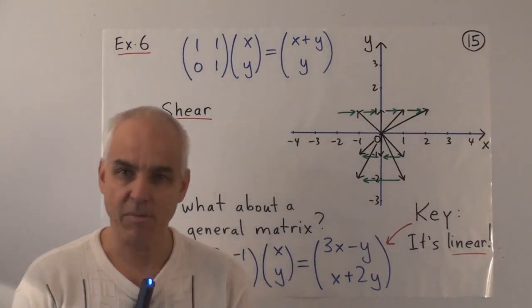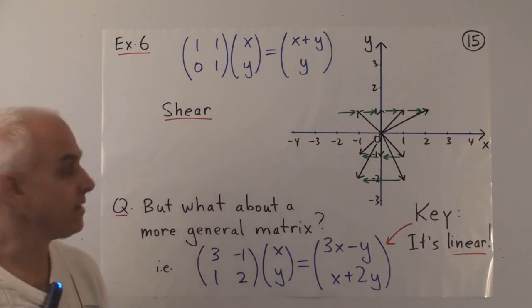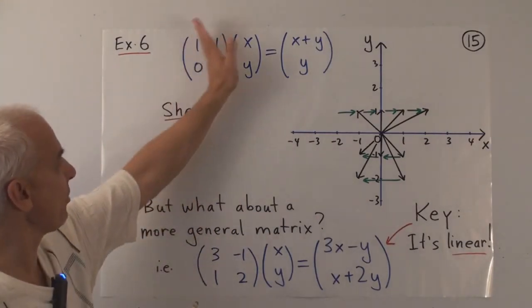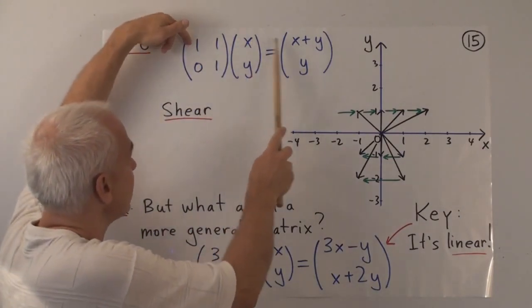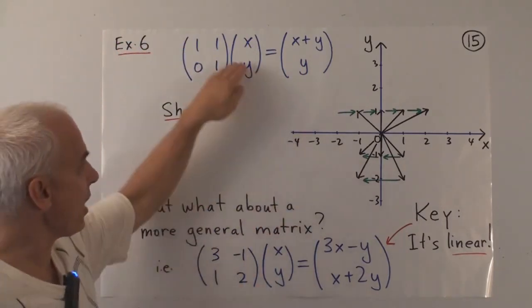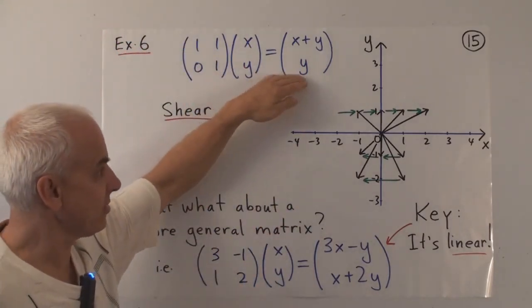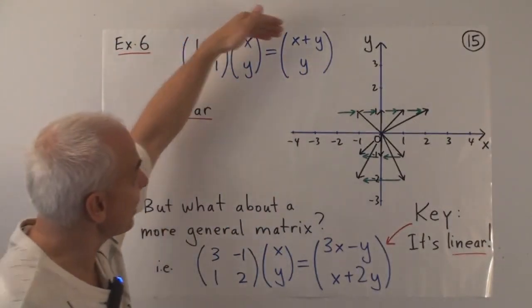Here's another example, a little bit more complicated. The matrix 1, 1, 0, 1. This is a kind of triangular or upper triangular matrix. Its effect on (x, y) is to send it to (x plus y, y). So the y coordinate stays unchanged, but the x coordinate gets shifted,